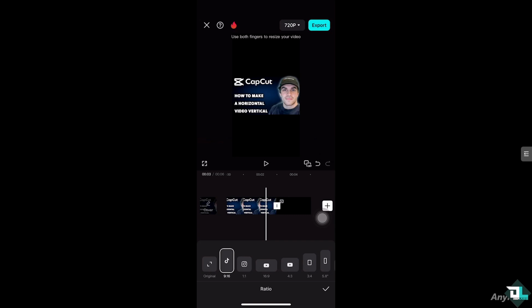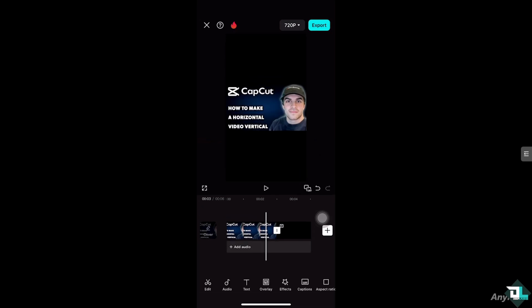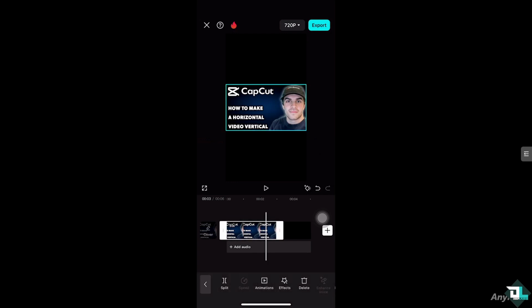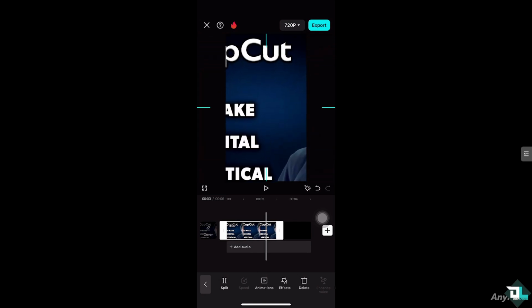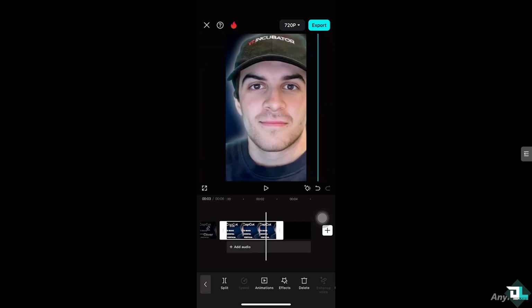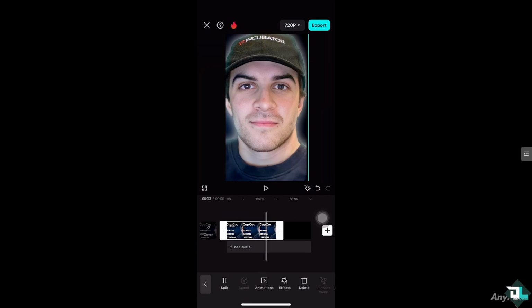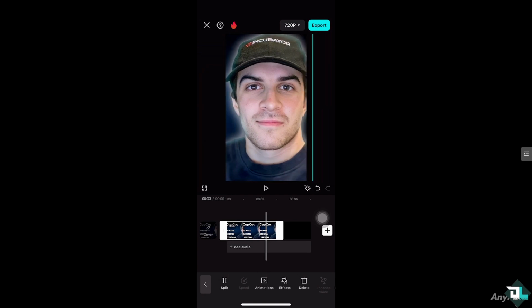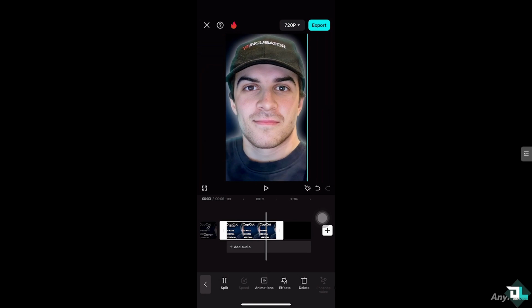Now, if you want to, click the check button here. If you want to occupy the whole space here, you just have to select the video right here and then use your fingers to maximize the photo right here, and then you have been able to create a vertical video out of the horizontal orientation from the earlier. All right, and once you're happy with this, create some effects and transitions, because a